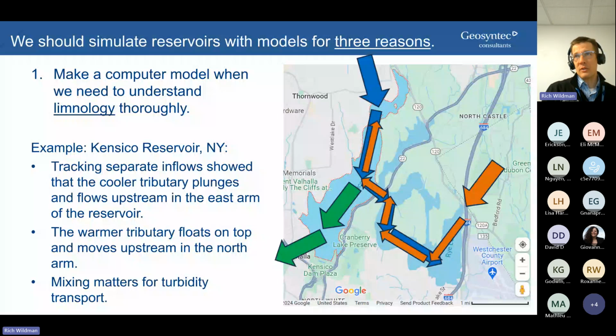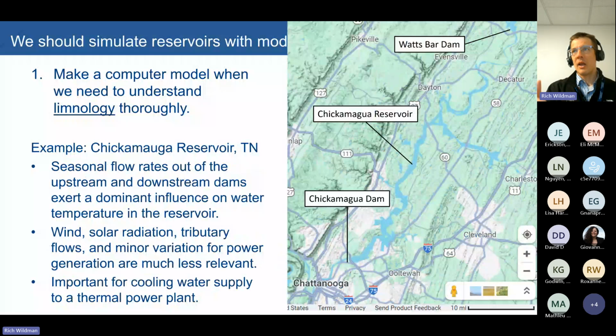Here is Chickamauga Reservoir in eastern Tennessee. So water is flowing from the north to the south on the screen. Watts Bar Dam is upstream of Chickamauga Reservoir, which is upstream of Chickamauga Dam. And this is just near the town of Chattanooga, if you're following along on Google Maps. Here, seasonal flow rates out of the upstream and downstream dams exert a dominant influence on water temperature in the